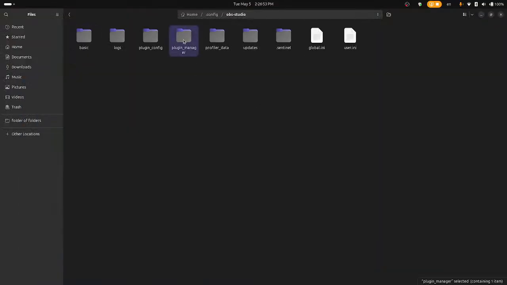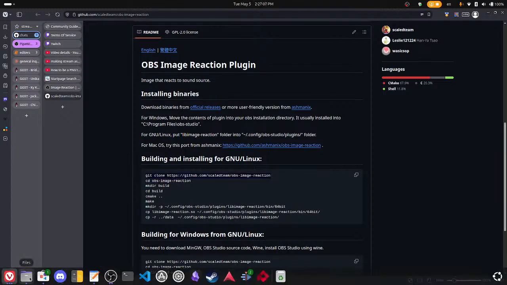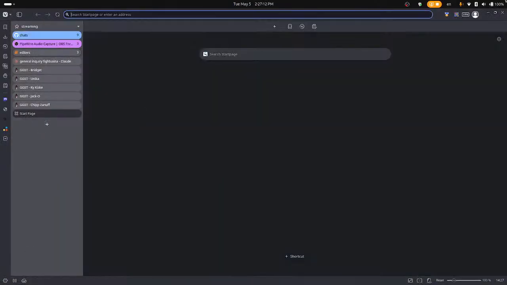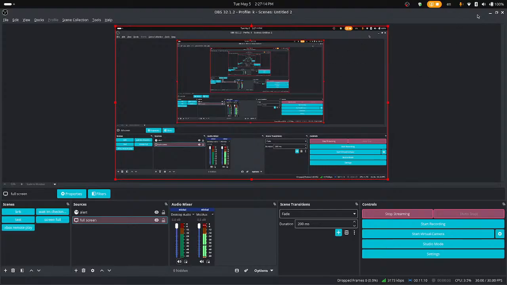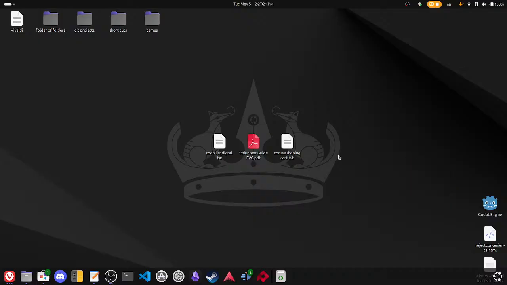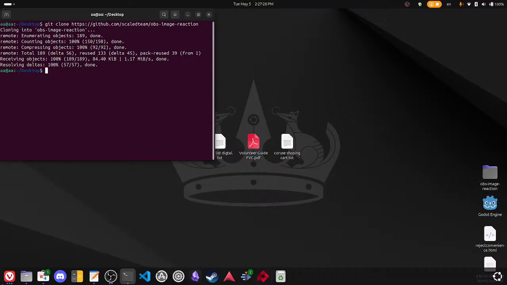Alright, so assuming it's this here, because this is where all the other plugins are. Right, let's clone it on desktop. Okay, clone the thing. Okay,